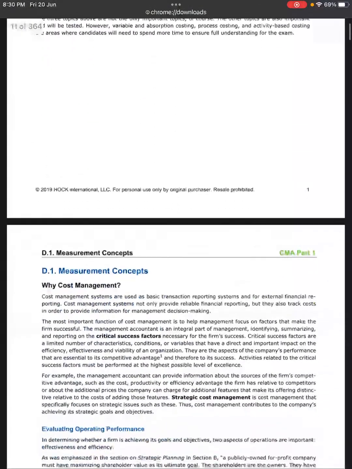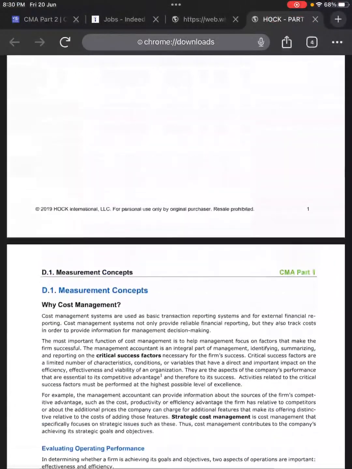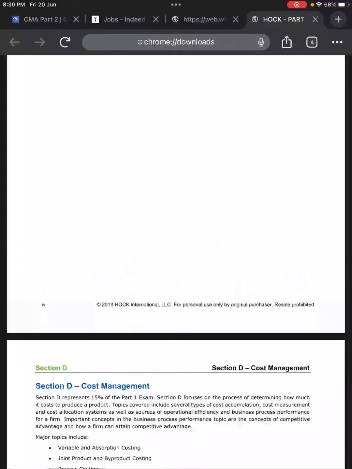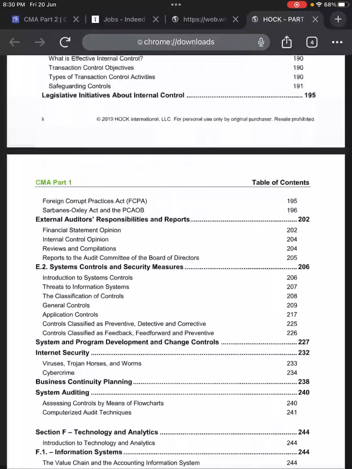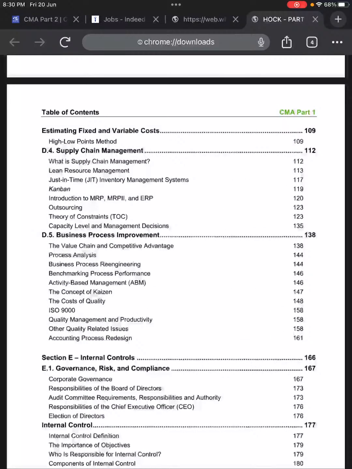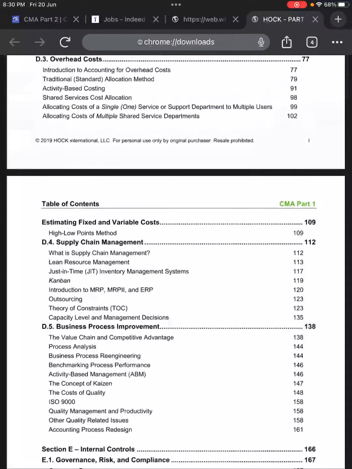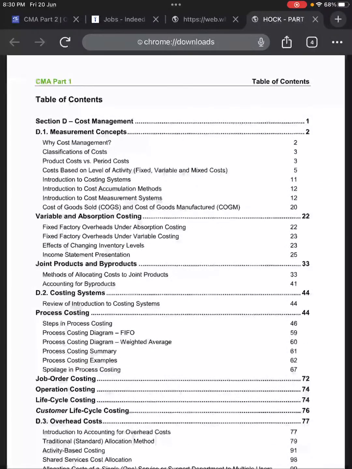And today I will just explain briefly what we will read in this section, cost management. This is Section D, and there are a total of 5 units under this Section D. Section D, that's Unit 1,